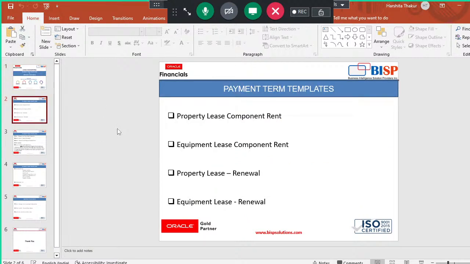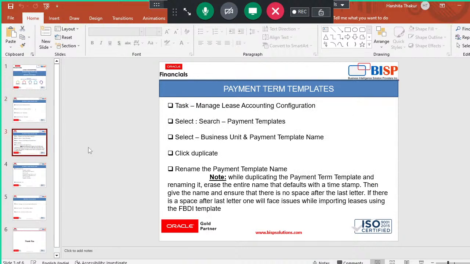So here are some examples of payment term templates: property lease component rent, equipment lease component rent, property lease renewal, equipment lease renewal. These are the four examples of payment term templates. You can give any name for the payment term template as required. And for configuring or creating the same, you need to use the task Manage Lease Accounting Configuration and then select